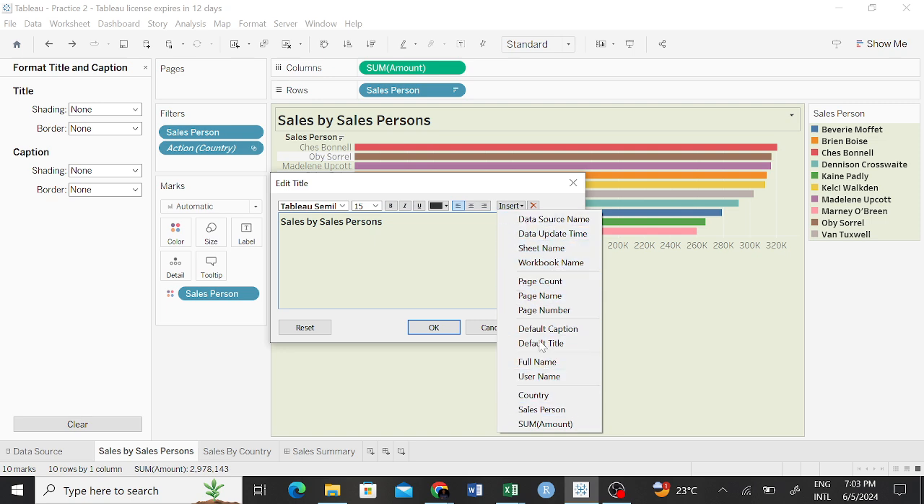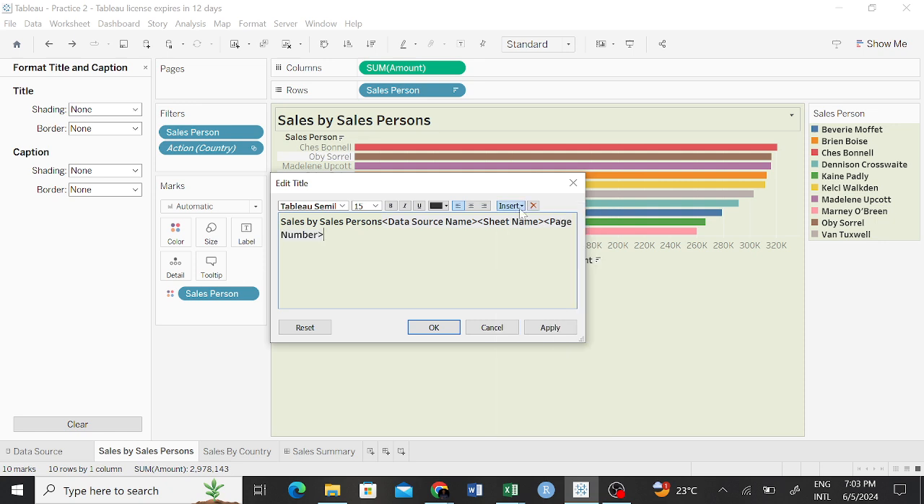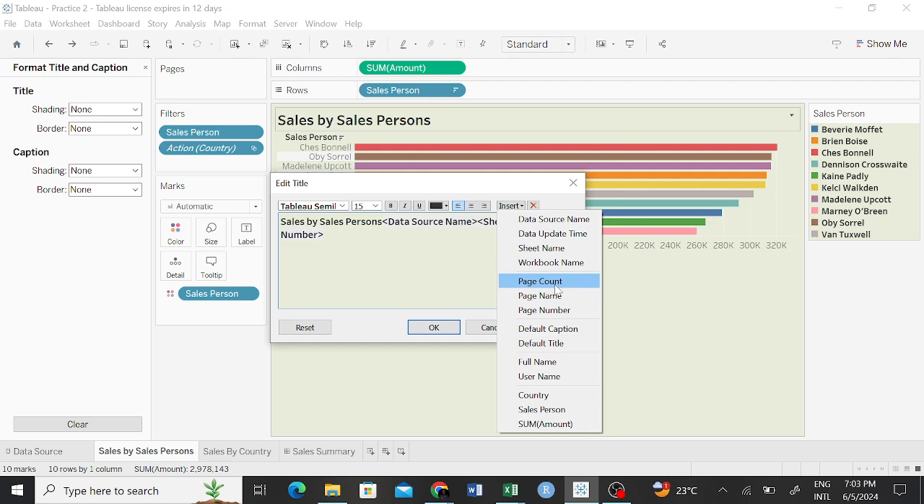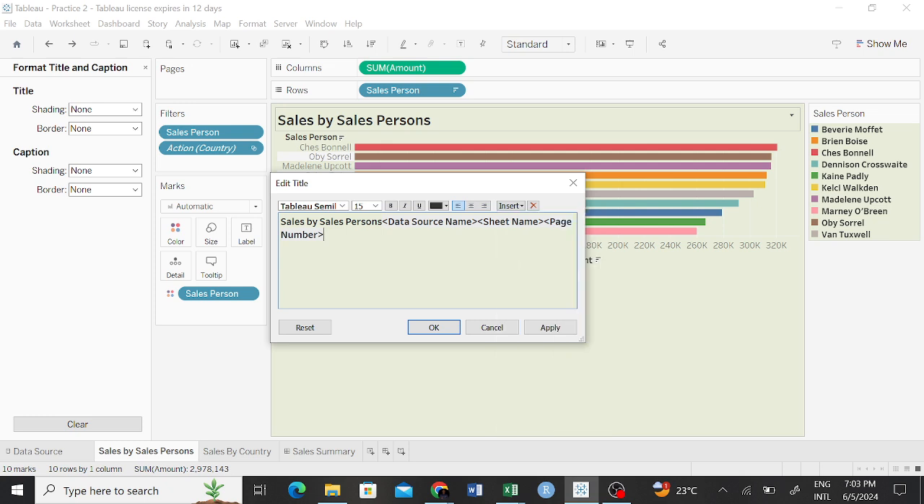So I picked maybe sheet name, data source name. I pick in sheet name. I pick in, maybe just as an example, page number. You understand? Anything that you may want or need there. And then what I did is just to push them down, control enter, or even just enter, and then